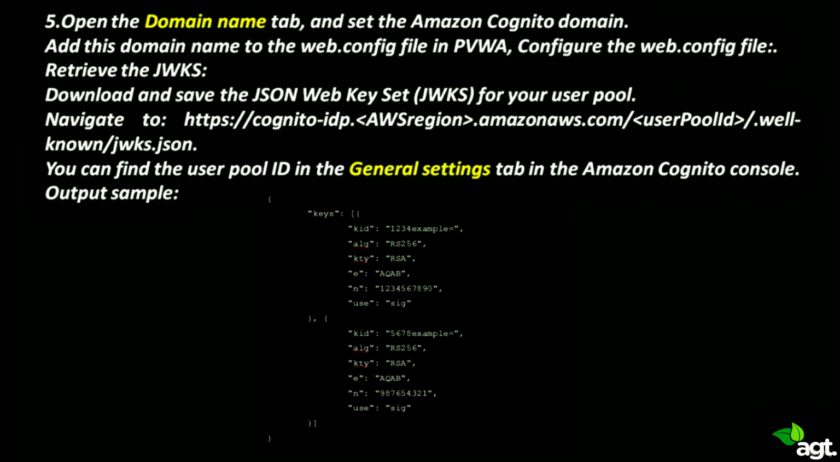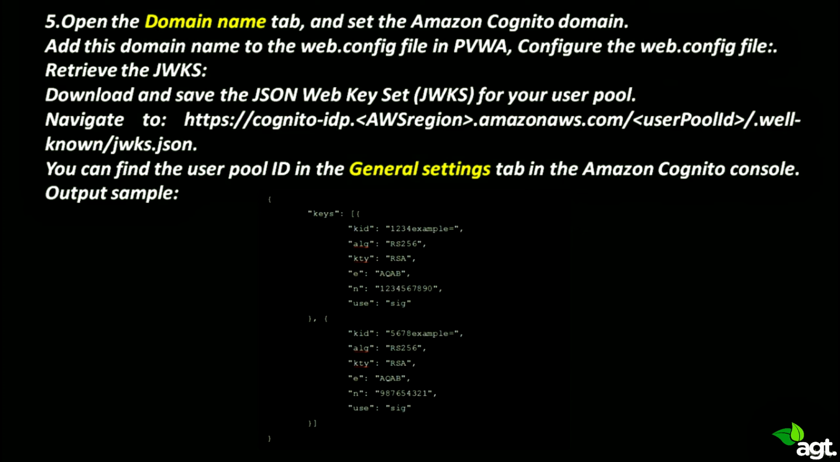So the fifth step will be to open the domain name tab and set the Amazon Cognito domain. This domain name will be used in the web.config file in PWA, as described in configure the web.config file. Then retrieve the JWKS: download and save the JSON Web Key Set, the JWKS, for your user pool, and navigate to